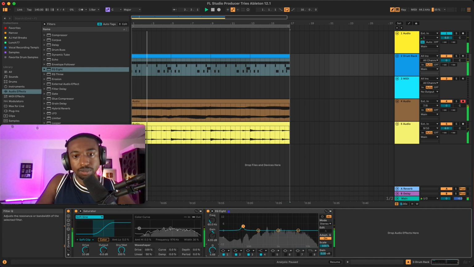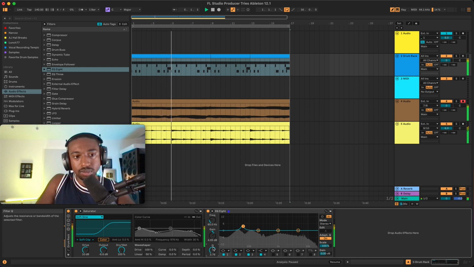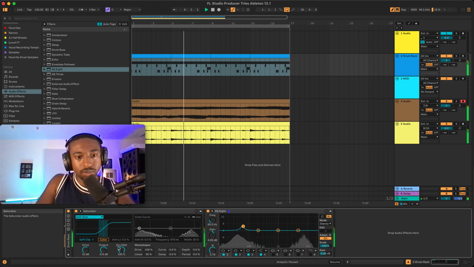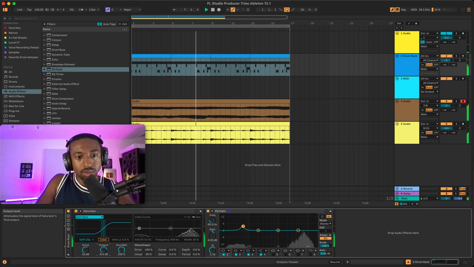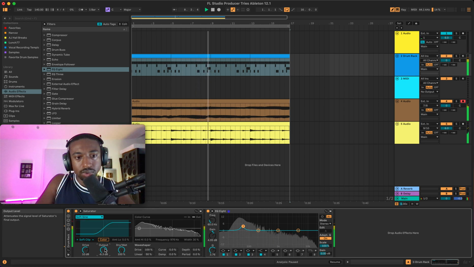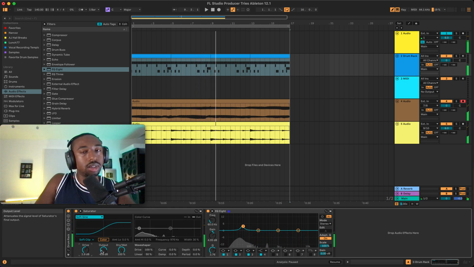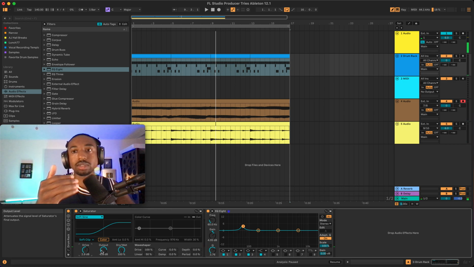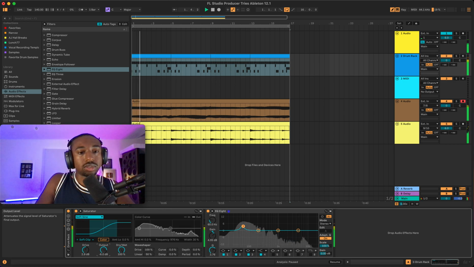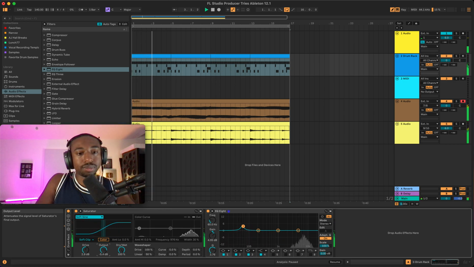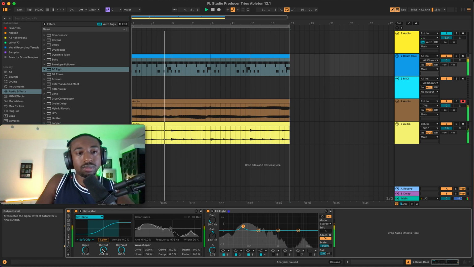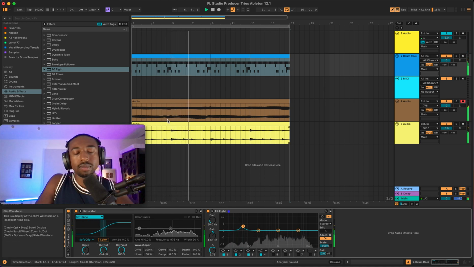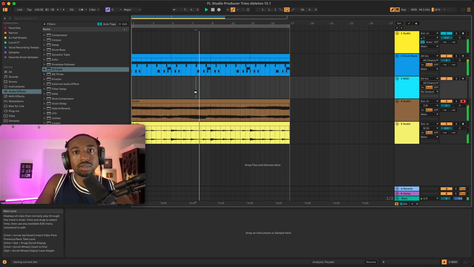Let's make it wider. So now I'm just going to turn up the output, turn down the drive, so we're not just blowing the computer up. So far, so good.